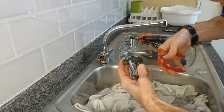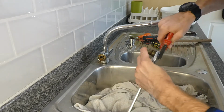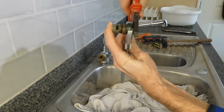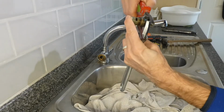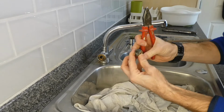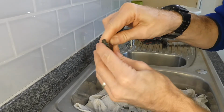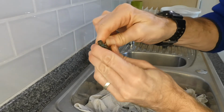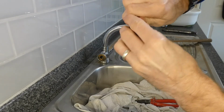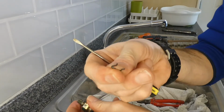So we'll grip that in the adjustable spanner, and when you're doing this with the pliers, it actually feels a lot easier, but I do wonder whether it just needed some lubrication. What I might do here, you can see it's got this spring clip on it, so if that's not too difficult to get off, there we go, that wasn't a problem. So we'll take that off,